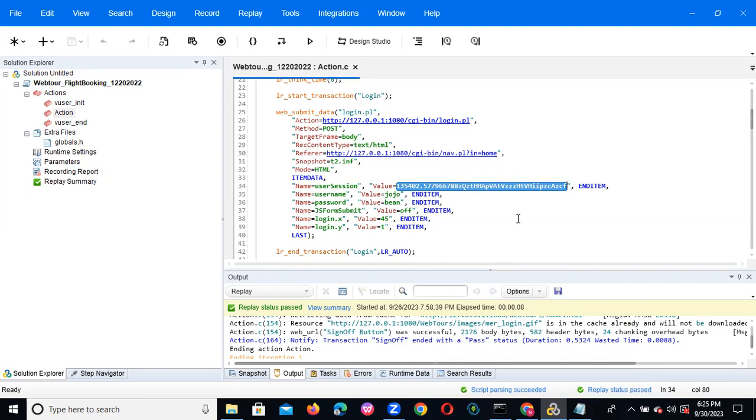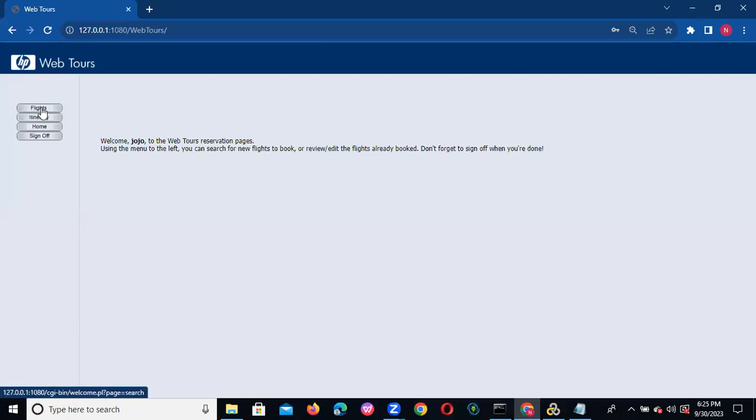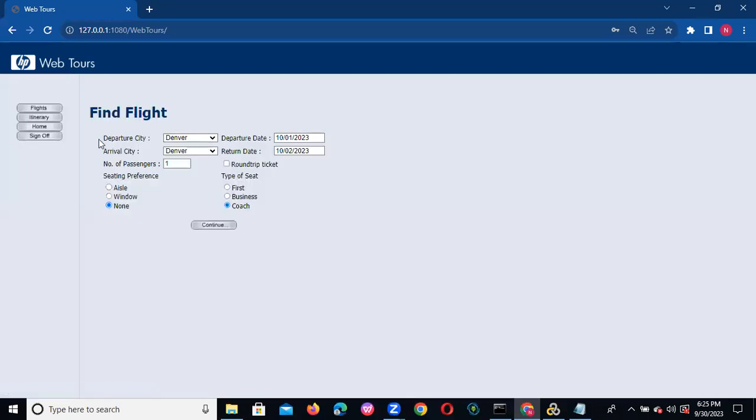So what is the correlation? Everyone understand? Correlation is nothing but handling the dynamic values that will be there. This one is coming from the server side. Apart from the server side, we'll also get some dynamic values from the application side. Let's see this: you can click on flights and here you can observe drop downs will